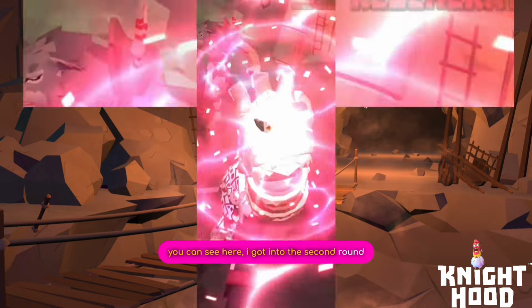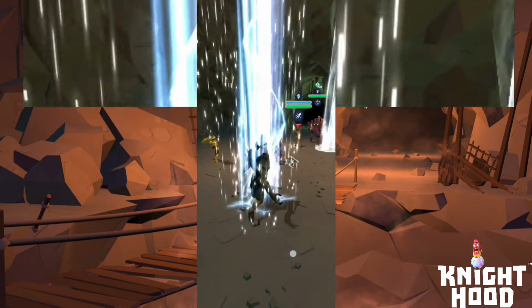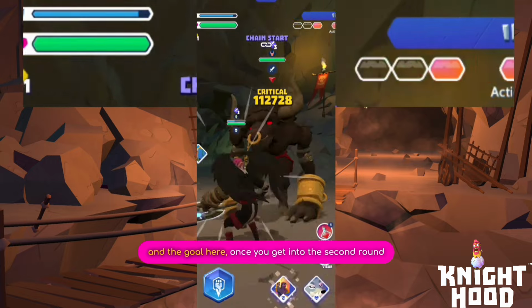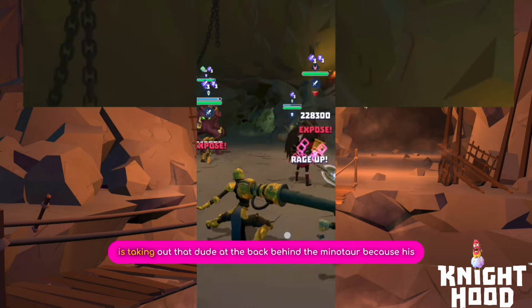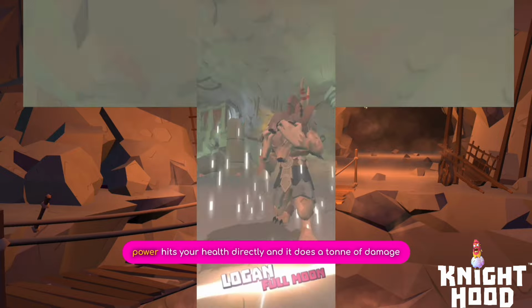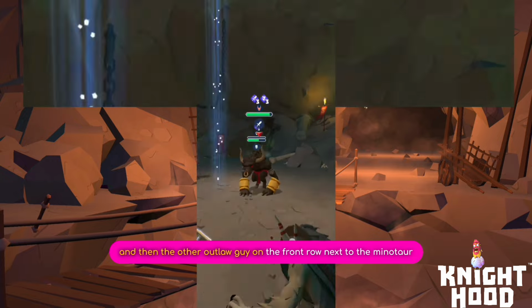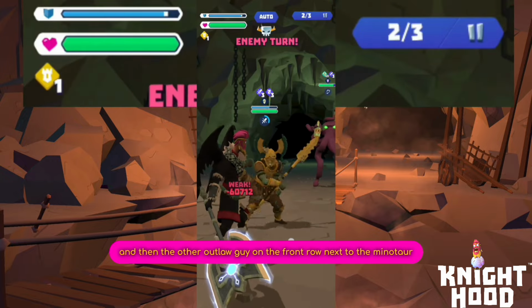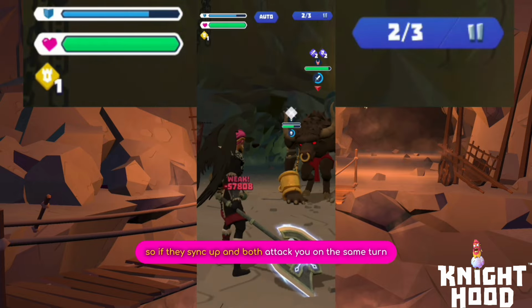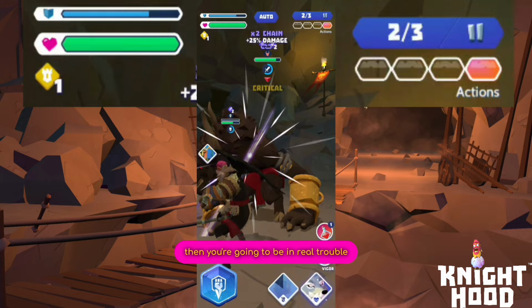You can see here I got into the second round, Queen Critter is almost charged up, so I'm able to rage twice on the first round. And the goal here, once you get into the second round, is taking out that dude at the back behind the Minotaur, because his power hits your health directly and it does a ton of damage. And then the other outlaw guy on the front row next to the Minotaur, his power will attack your health directly as well. So if they sync up and both attack you on the same turn, then you're going to be in real trouble,